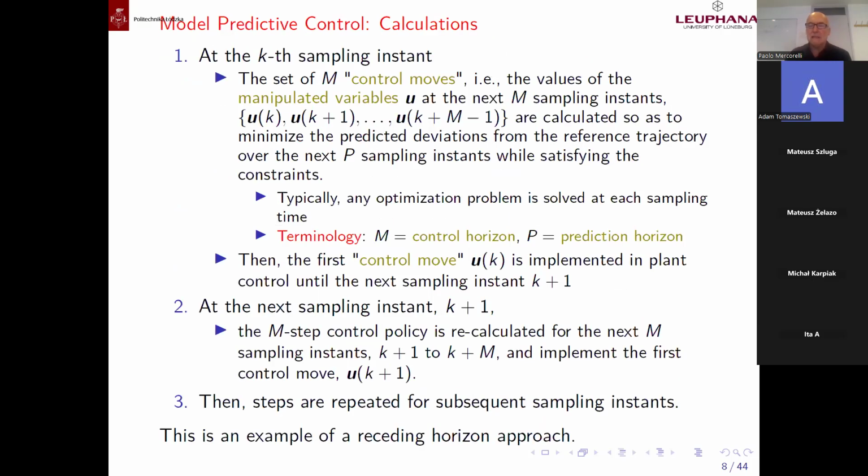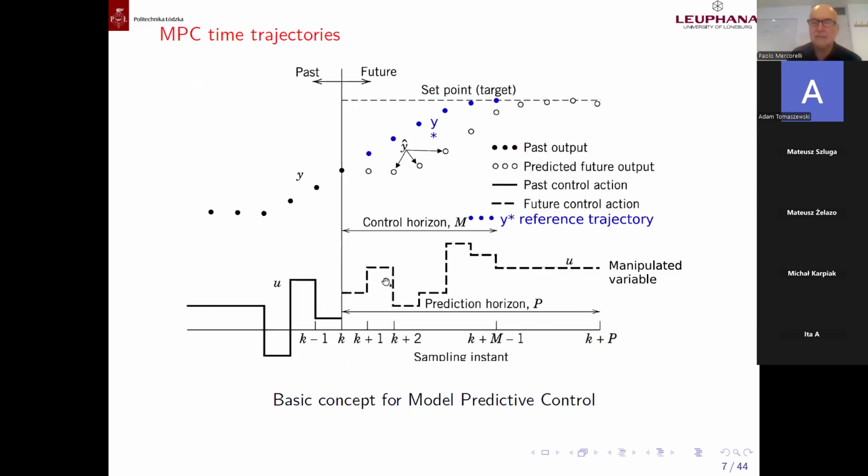Basically, do you remember? Let me comment just on this picture here. We have a target to be tracked. It could be just a constant set point target, or there could be a trajectory, a profile. We can see here these blue points. Do you remember, last time I told you we are speaking about discrete sliding mode control. Basically, the sliding mode control is discrete. And the idea is to track, for instance, these blue points,